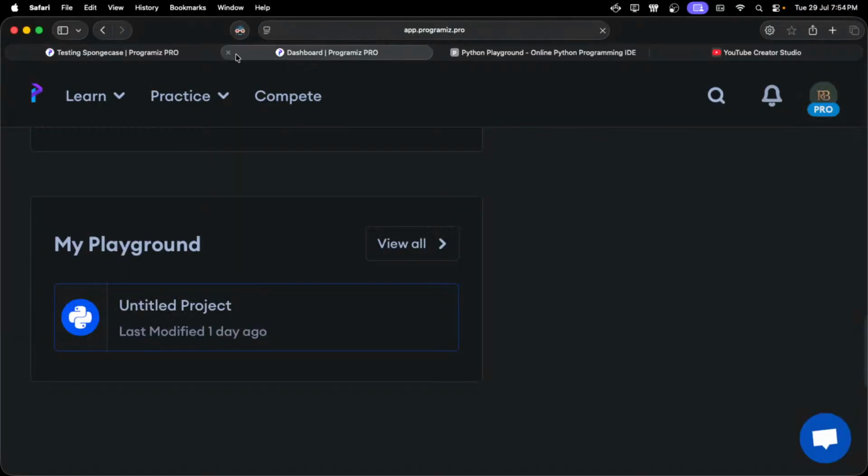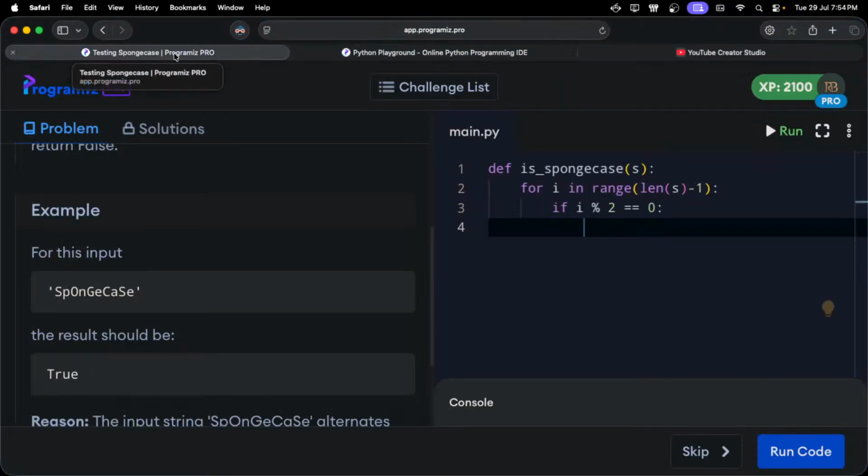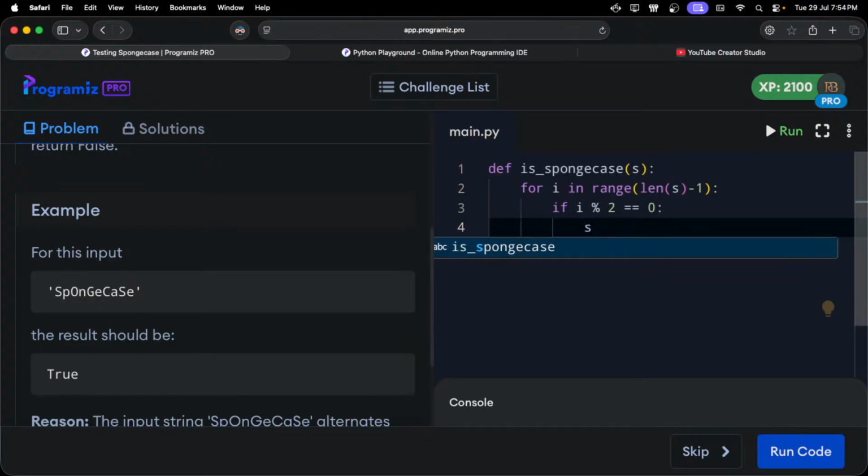Let's just use our playground. What I want to check is 0 will be 0 in that case, and 1 will be, of course, 1. In this case, what we can do is perhaps